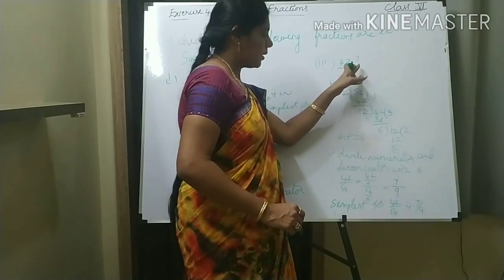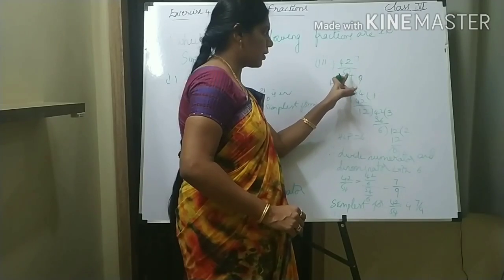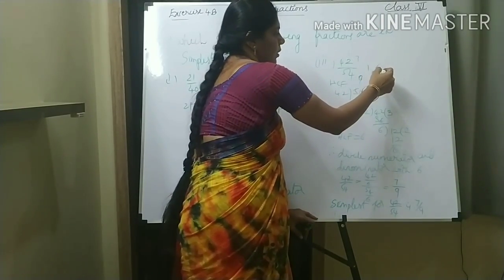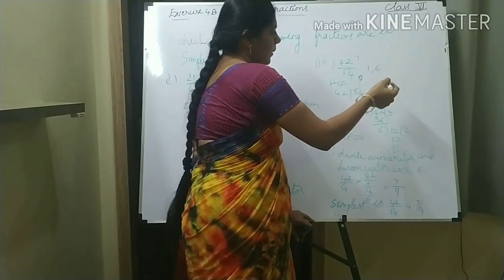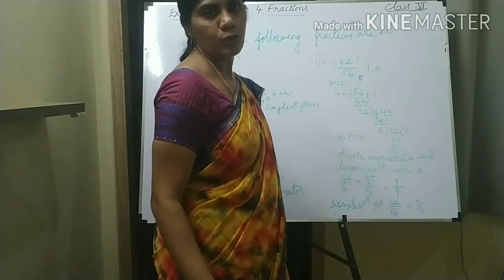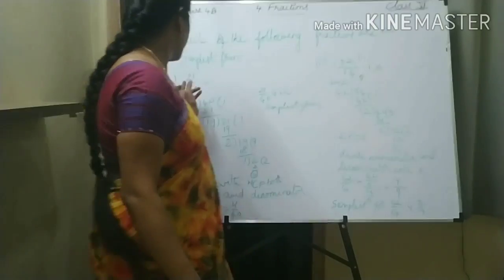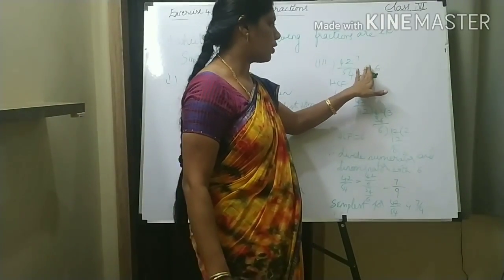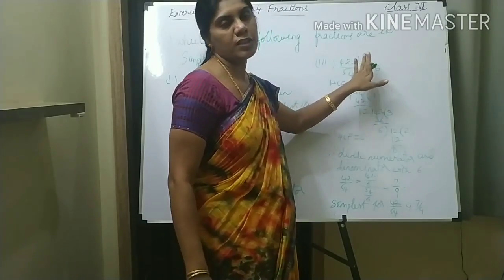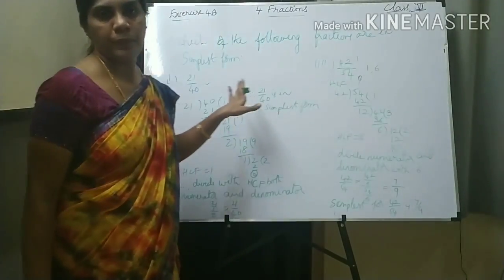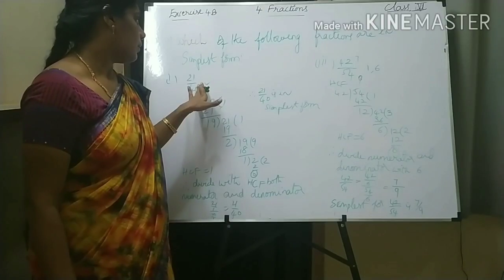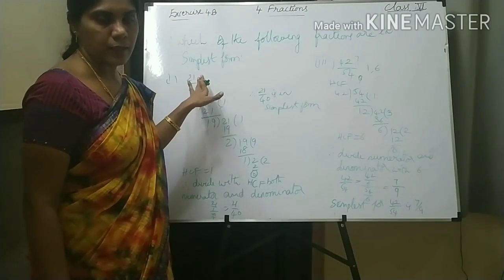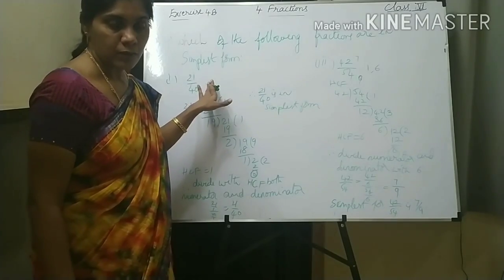So in 6th table you are getting both numerator and denominator. That means here 1 is not the only factor, 6 is also a factor. Okay, like that if you check, you can get more factors, not only 1. Here if you observe, only 1 is the factor. By observing like this, if you get any factor other than 1, then the fraction is not in simplest form. If you get only 1 with no other factor, then it is in simplest form.